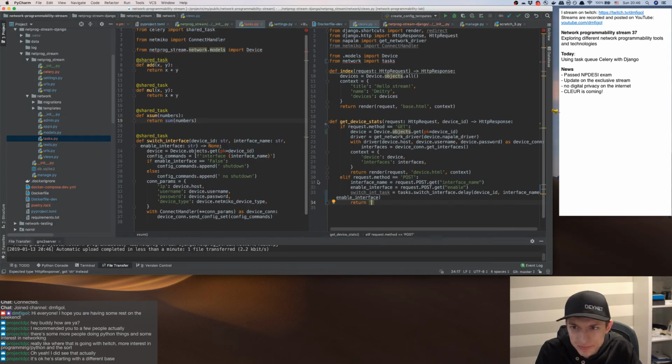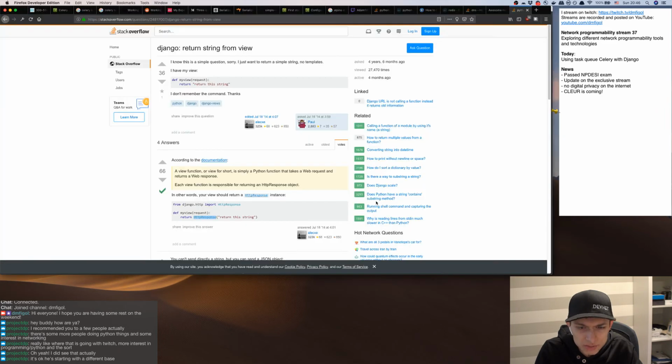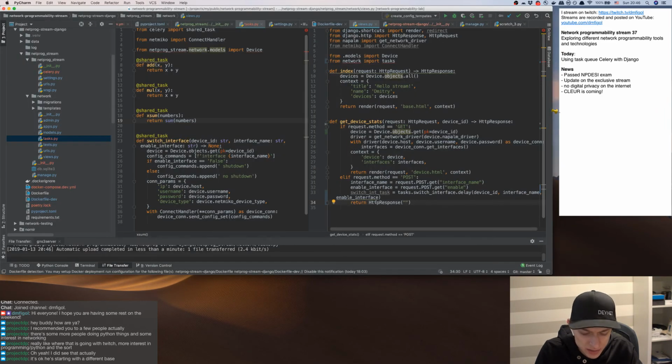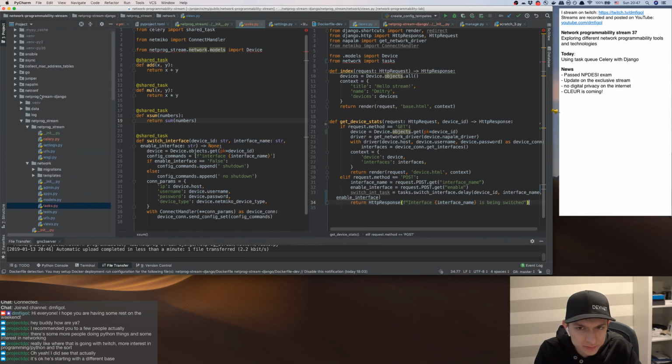Yeah, HTTP response. So then I return HTTP. What is going on? Okay, so from HTTP response, I'm going to say interface name is being switched or something. Yeah, so we just will have this page, and ideally I would also want to have a link or something to back to